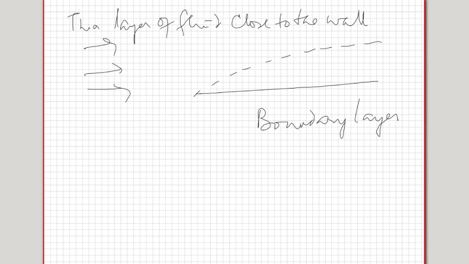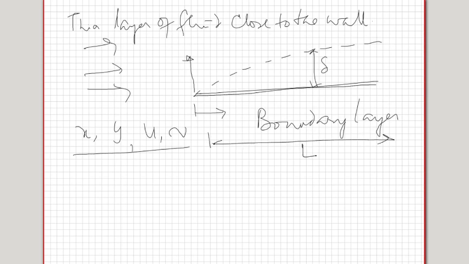So suppose at any given location, let's say this is x, the thickness of this layer is delta. Then between y equal to 0 and y equal to delta is what we need to look at, and beyond that we need not look at all. In that case, the orders of magnitude of the various terms x, y, u, v, we need to establish in order to do the order of magnitude analysis. So suppose I have a plate whose length is L.